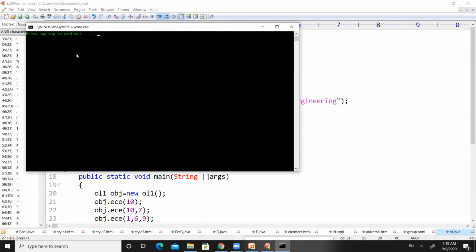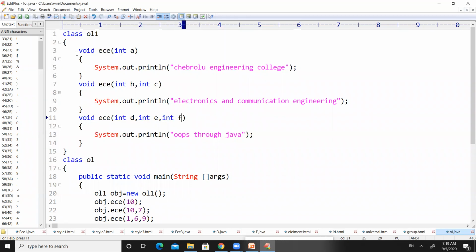Right, now there are no errors in the program. Previously, we used the data type but did not define any variable. That's why the compiler was unable to find the space to store the values we passed in the main method, right? Now it is compiled successfully.